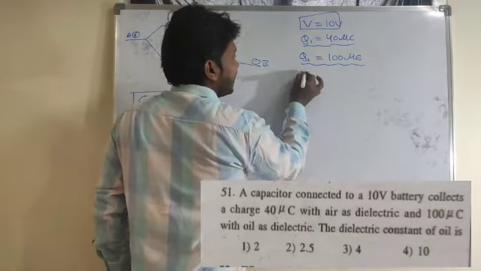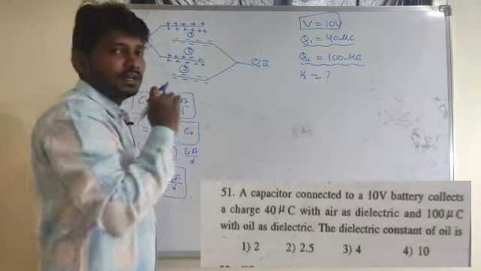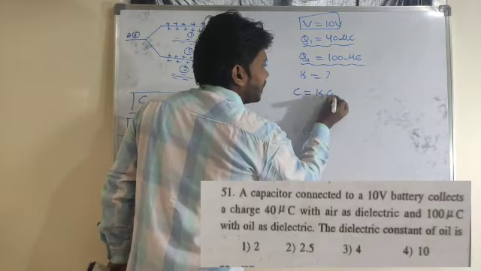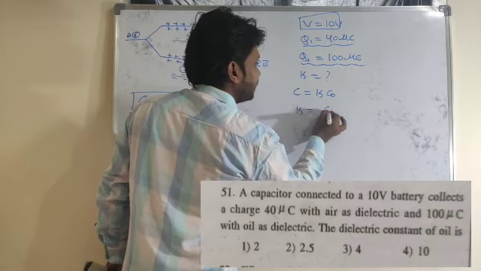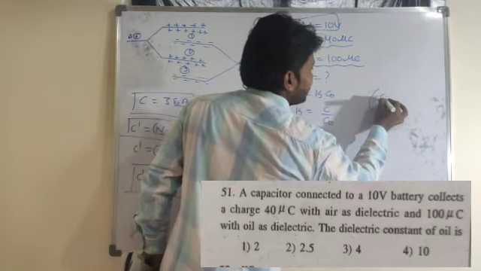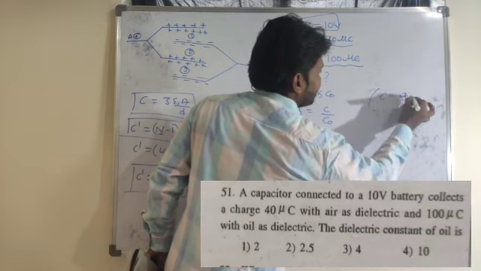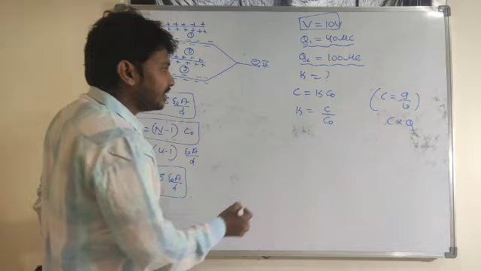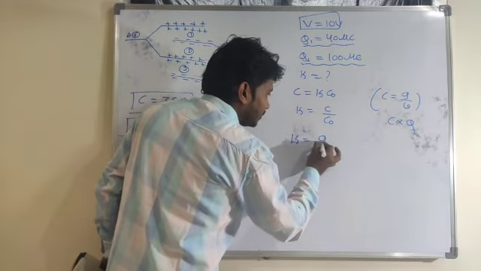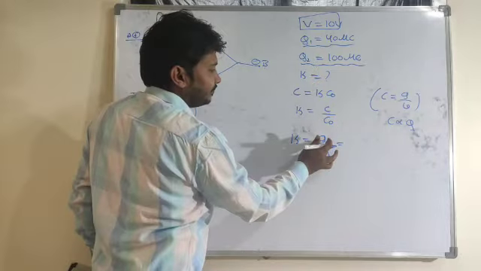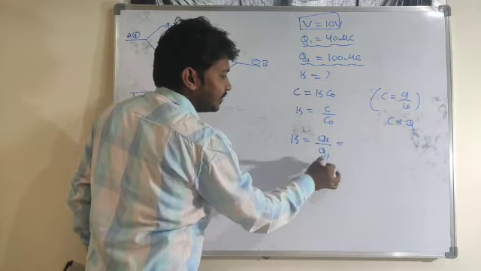So which thing do I need to calculate here? The K value. What is the connecting formula here? I have the formula C is equal to K into C naught, or K is equal to C by C naught. From the generalized definition of capacitance, C is equal to Q by V. It means that C is directly proportional to Q here. Shall I take Q by Q naught here? So Q is nothing but Q2 by Q1 here.